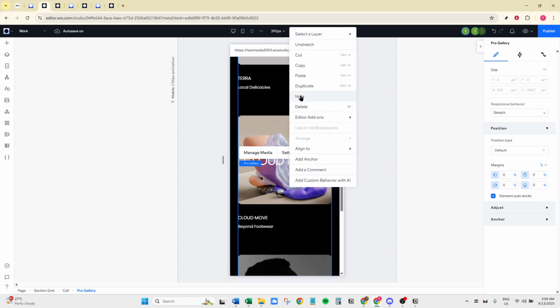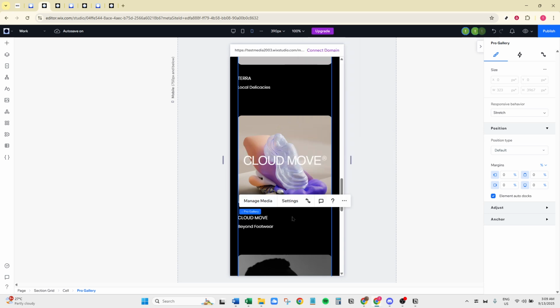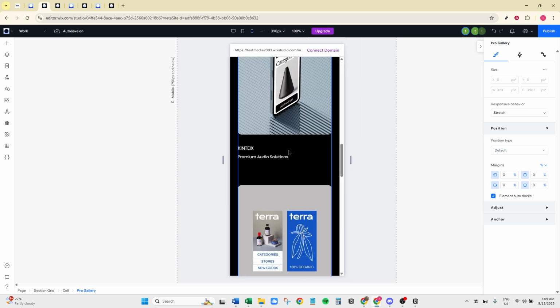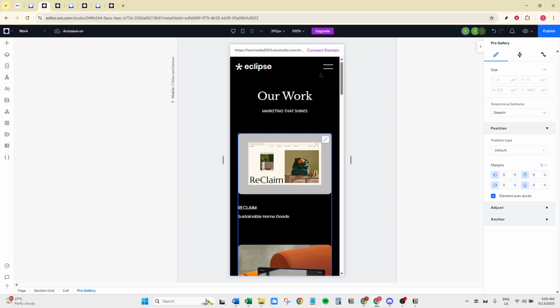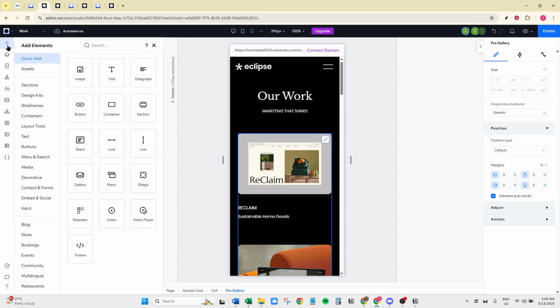Now, let's talk about menus. For a mobile-friendly experience, it's best to use mobile-friendly menus, commonly known as hamburger menus. This condenses your menu into a neat and accessible icon, letting users easily navigate through your site. Beyond that, you can further customize the style of these mobile menus to match your site's aesthetic, ensuring both functionality and appearance are top-notch.